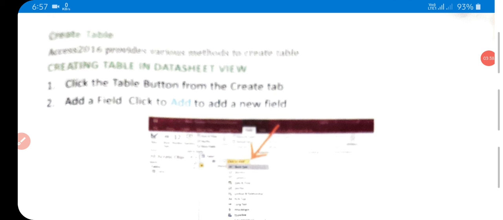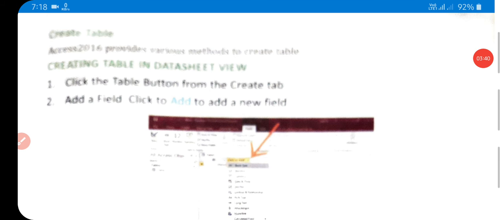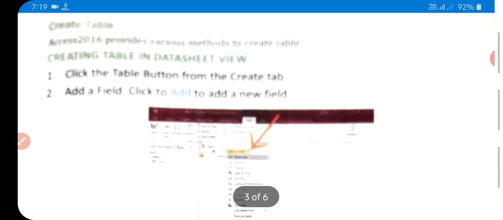Students, creating tables in datasheet view. For this, after creating the table structure, we can now enter the data in the table. The following is an example of creating a table in datasheet view.